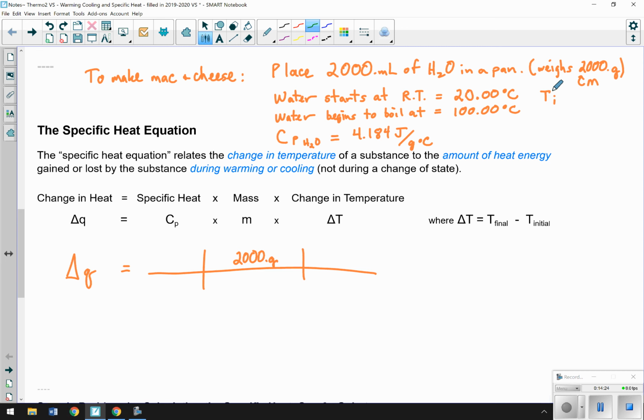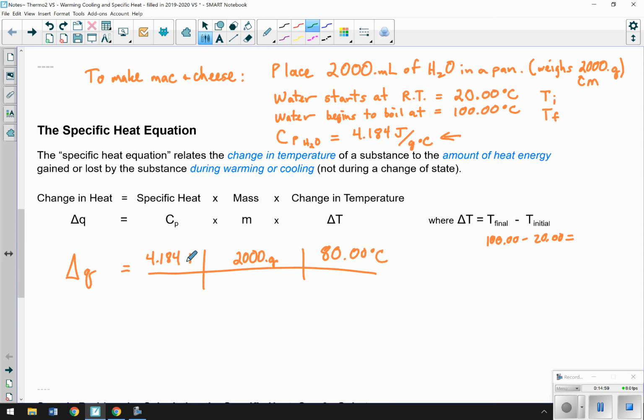Water is going to boil at 100 degrees. That's going to be our temperature final. So our T final minus T initial will be 100 minus 20, or 80.00 degrees C. And we also know that this equation includes the specific heat of water. And so I had it up above, and here it is. I rewrote it. The specific heat of water, we know that it takes